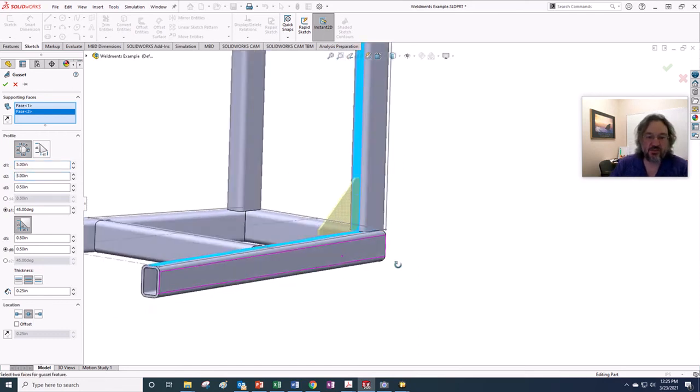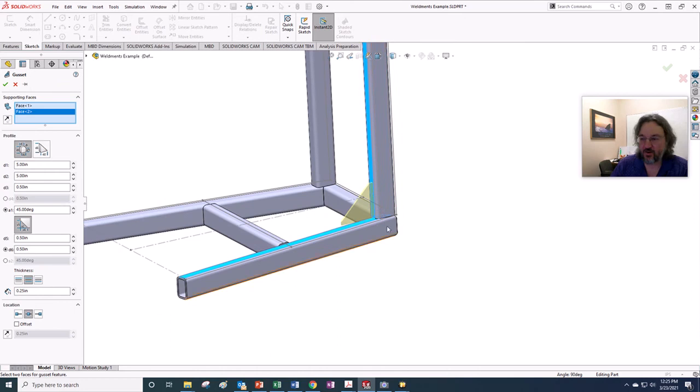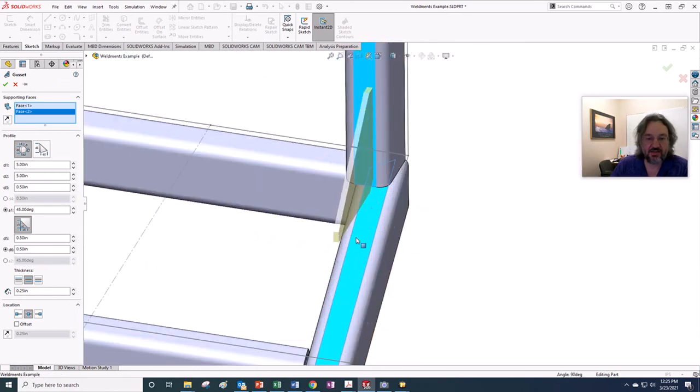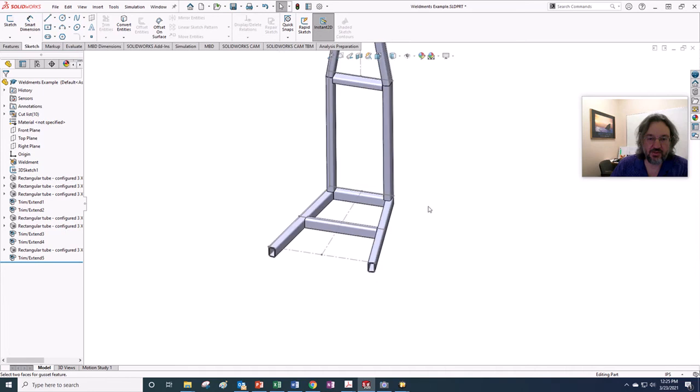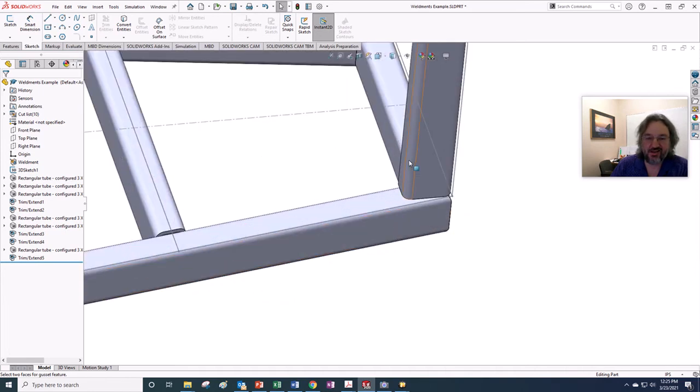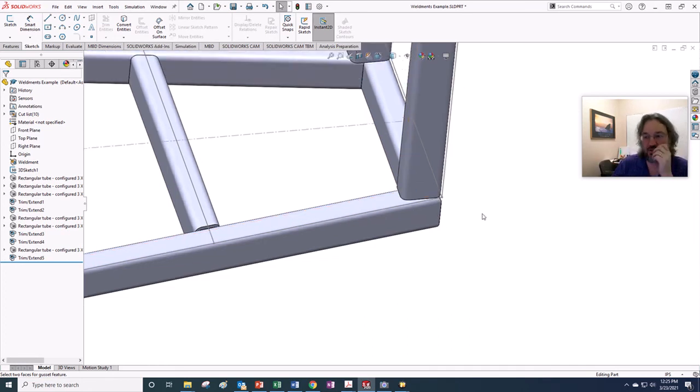There is some guidance on this type of thing that can be found, and you can see that that's not quite lining up. So I might actually have to play around. I don't like how that's looking right there. I might not put that gusset in because it's all screwed up. I might have to create a new plane that's aligned with this, so that I can put it there. When you want to make it correct,